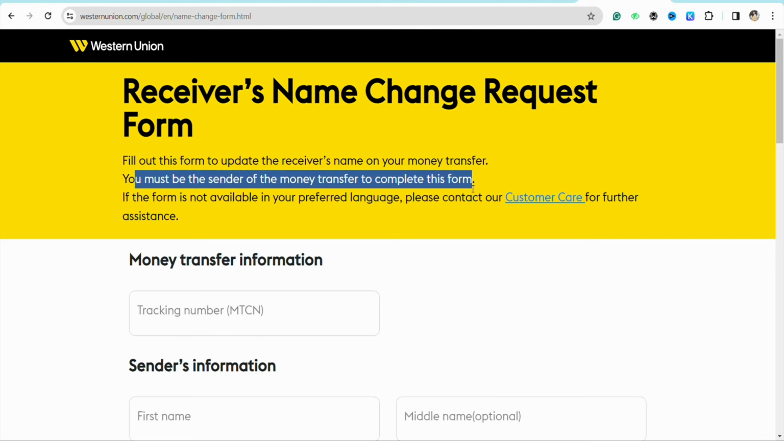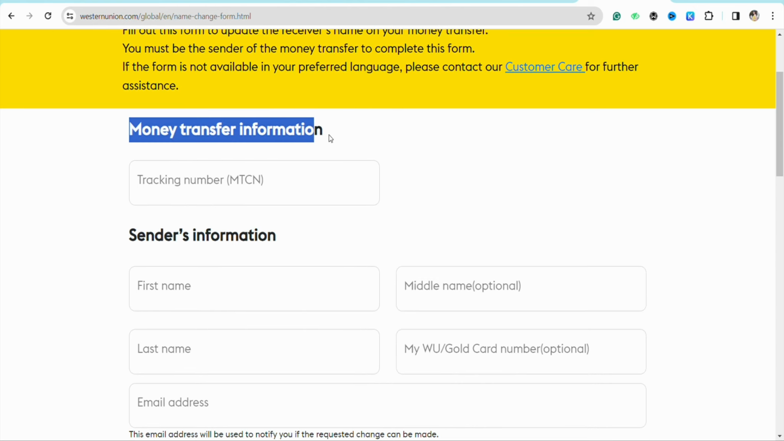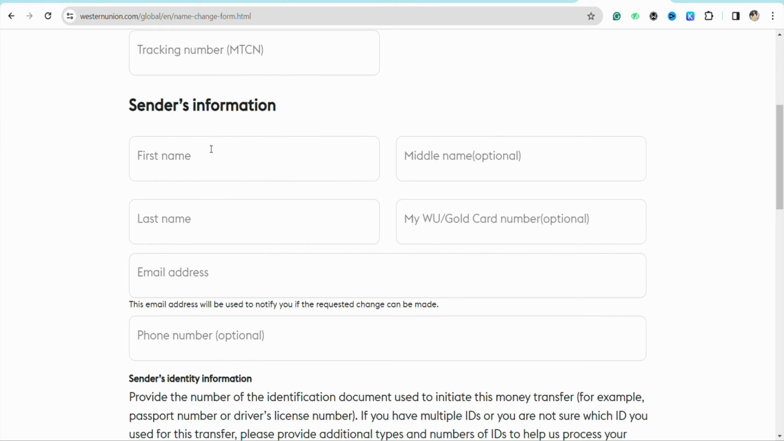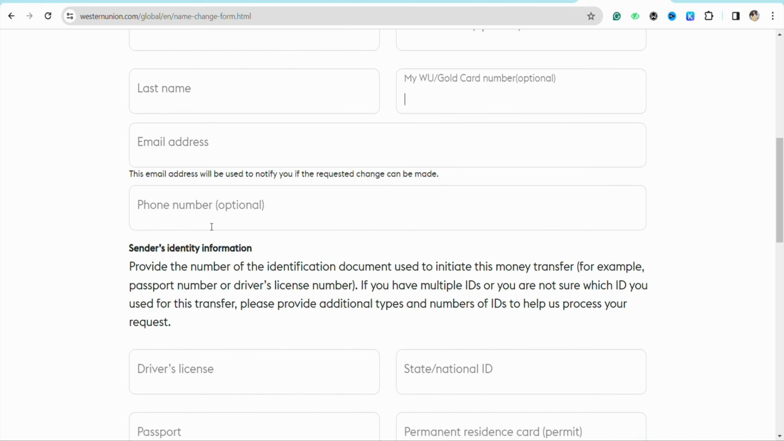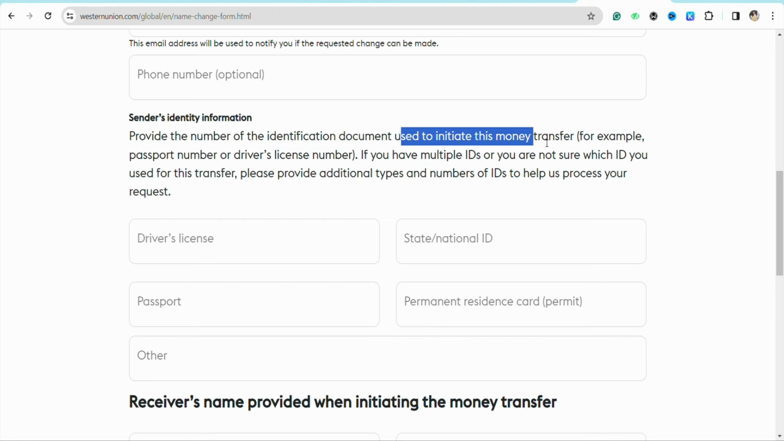If the form is not available in your preferred language, you can also connect to customer care for further assistance. Just mention the money transfer information, like your tracking number, the MTCN number. Just enter the sender information. If you are the sender, you can mention your name, your middle name, your last name, your gold card number, and you can enter your email address and your phone number, which is optional. Provide the number of the identification document used to initiate this money transfer, for example passport number